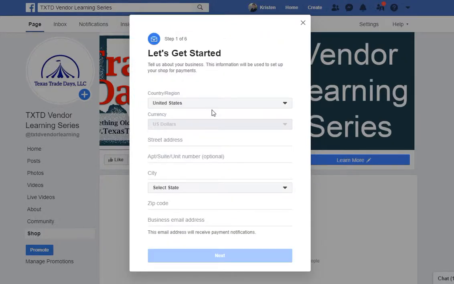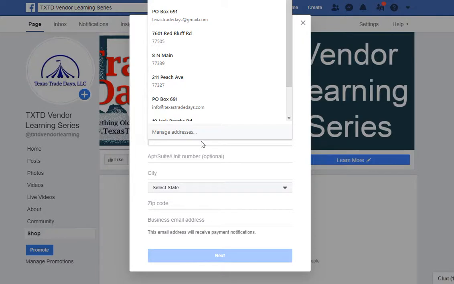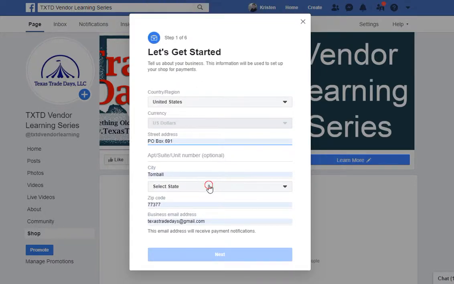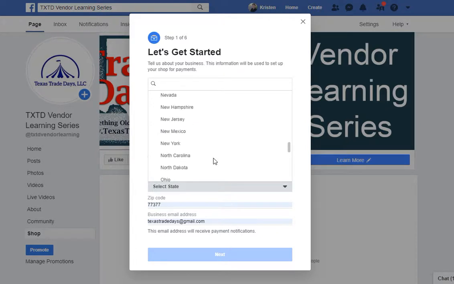Let's click Get Started. Make sure that the country and region is correct. Put in your street address, your state,